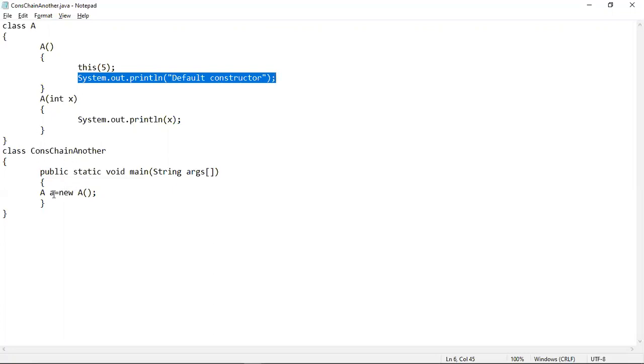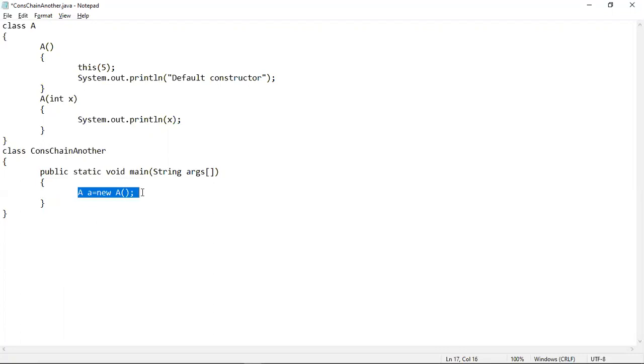This is the main class inside which we have created an object A of this class, and this object creation statement will actually call this default constructor, and this will in turn call this single parameterized constructor. That means here the call is being made backwards.